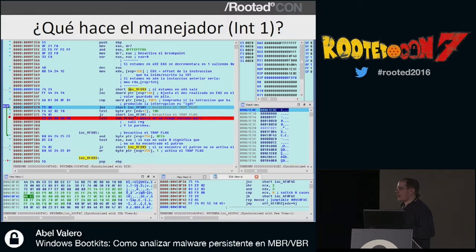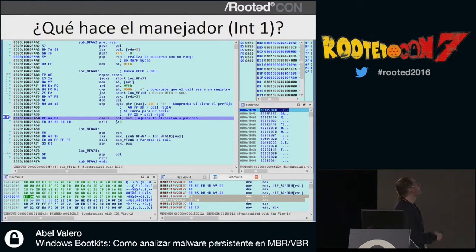If it doesn't find it, it will activate the trap flag. The trap flag is an internal register for the internal debugger of the system, so that from that moment onwards, any execution of any instruction activates interrupt 1. If it isn't, breakpoints are removed and I go into the other mode. From then on, every instruction executed will call interrupt 1. So it will look for the interesting part. If it finds it, okay, it will be completed. If not, it will keep looking. What is it looking for anyway? It's looking for...